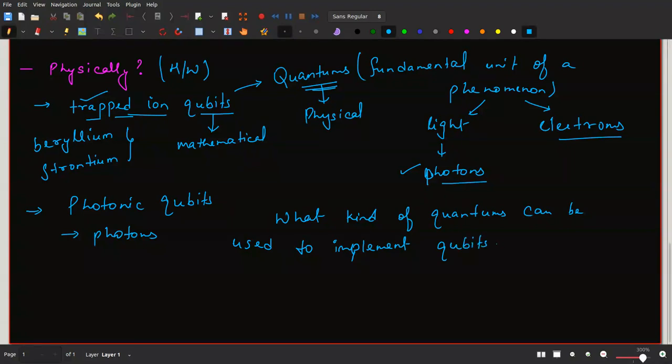Again, this is one important question. We have various types of quantums, but is it that every type of quantum we can use, or is it that some special type of quantums we can use for implementing a qubit? If yes, then what should be the speciality? What is that feature that we will look for? So the answer for this is